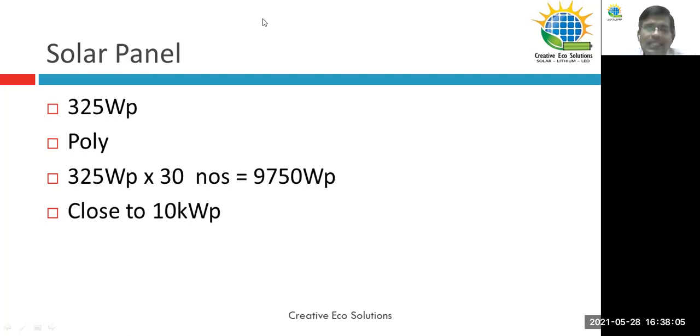One important thing is, in Tamil Nadu, if I go anything above 10 kilowatt, when we apply for net meter, we need to have a CEIG approval, which is an electrical safety approval, a one-time approval. We have to apply for that, so that will be a limiting factor. So I'll stick to less than 10 kilowatt, about 9.7. If it's a bigger plant, 20 or 30 kilowatt, I have no other choice, I have to apply for a safety license, like how you apply for a lift or a generator. That's mandatory above 10 kilowatt in Tamil Nadu. So I need 30 panels over here.